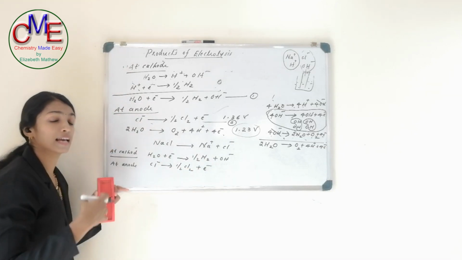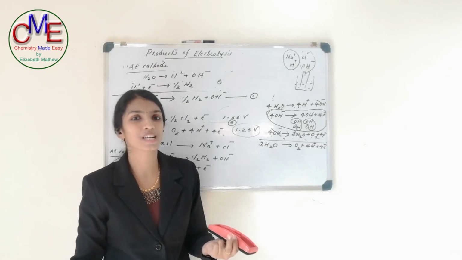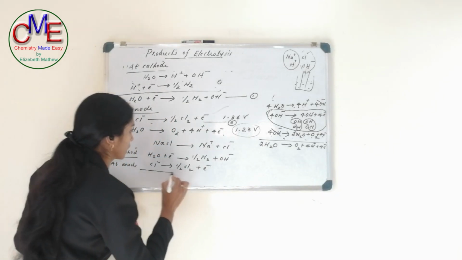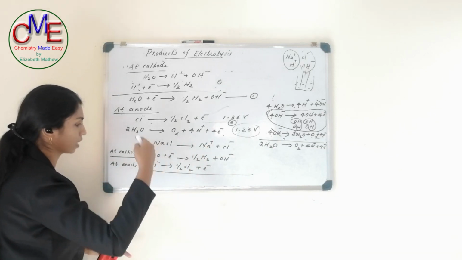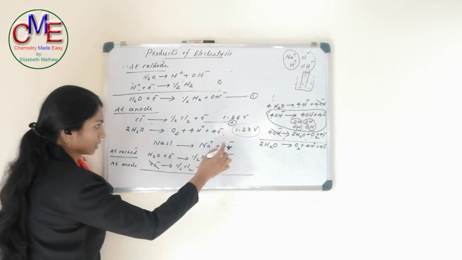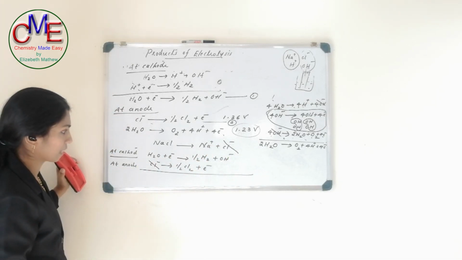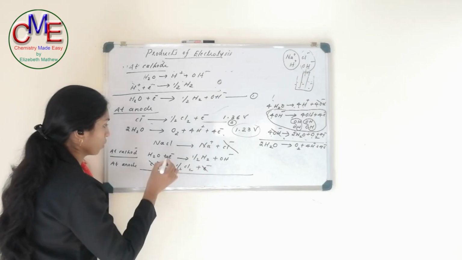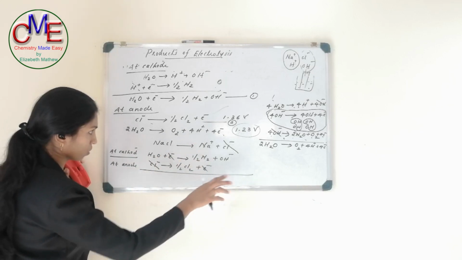So we can write the net chemical reaction which occurs during the electrolysis of aqueous sodium chloride. We can sum up these three equations. The species which are common on both sides will cancel. So we can cancel this Cl minus ion and this Cl minus ion. Then we can cancel this electron and this electron here. So NaCl is not here, H2O not there.